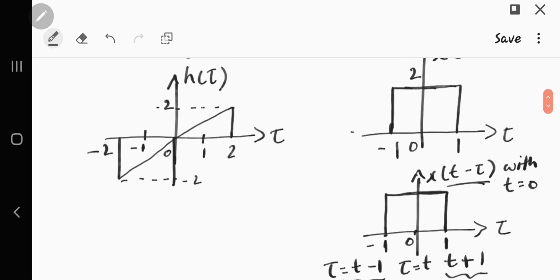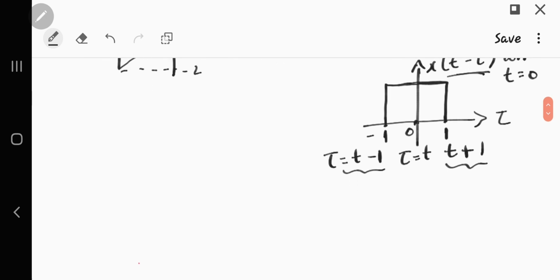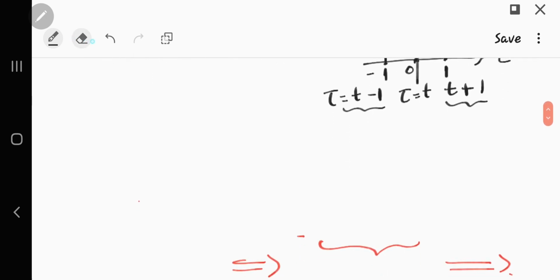So observe this, this signal is having only two divisions, that is from minus 1 to 0 and 0 to 1, and this signal is having four divisions, that is minus 2 to minus 1, minus 1 to 0, 0 to 1 and 1 to 2. So that is the reason I have taken h of t as a constant one. Now if you start performing the operations of convolution,